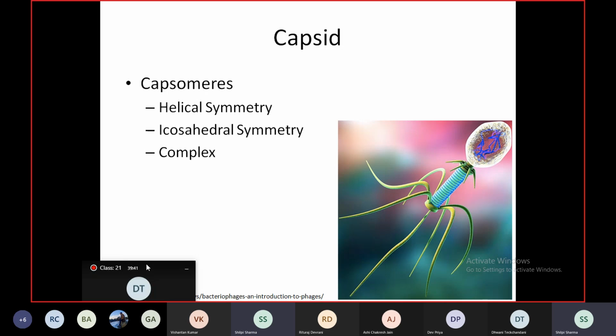Usually you'll see that there is self-assembly of a viral capsid, and it follows two basic patterns, either helical symmetry, which, as the name suggests, means the protein subunits are arranged in a helix around the nucleic acid, or icosahedral symmetry, in which protein subunits assemble into a shell-like structure, which protects the genetic material inside the core. And then there is a third kind of symmetry, called the complex symmetry, which is a combination of both helical and icosahedral symmetry.